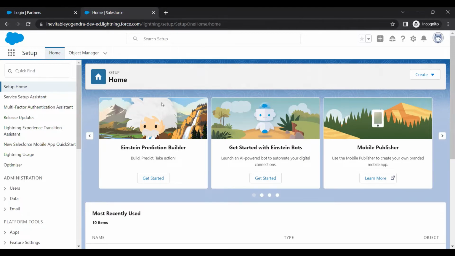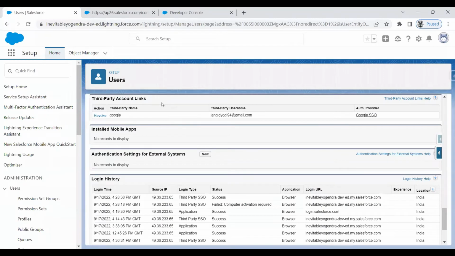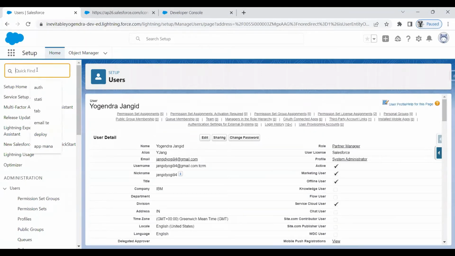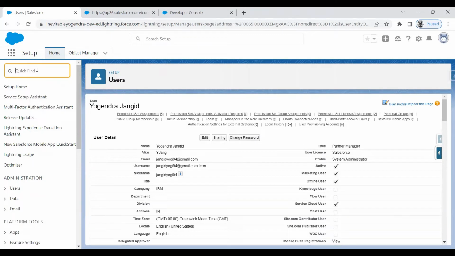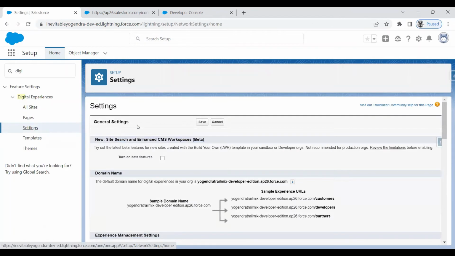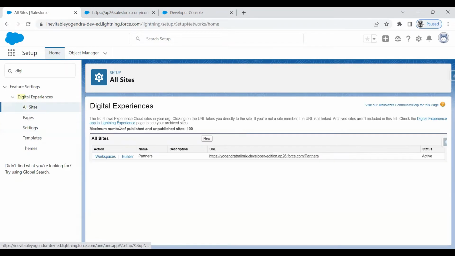Now let's see how you can enable the social sign-on for the experience sites or the external users. All that you need to do is go to the sites. If you have not enabled your sites, firstly you need to enable. You go for the digital experiences, and under the settings you need to enable the digital experiences first to use these functionalities, and then you go to the all sites and create one community site or the experience site, and then go to the workspaces of that community site,